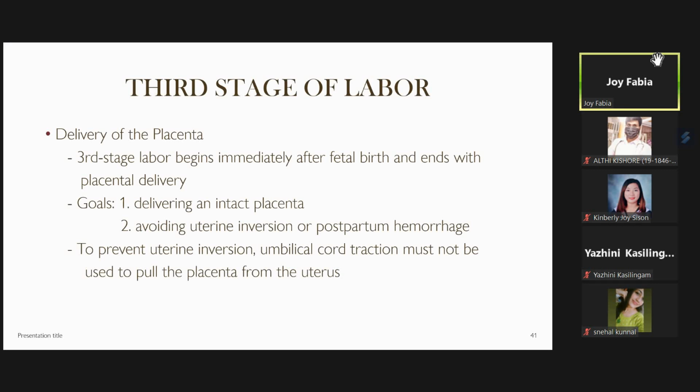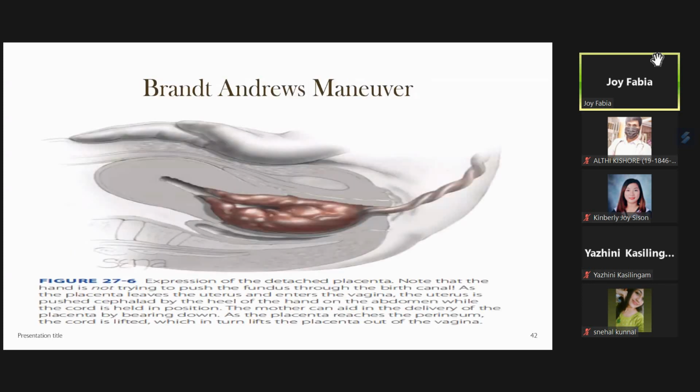So in order to prevent uterine inversion, we must not pull the placenta from the uterus with umbilical cord traction alone. We should not pull too much. We can pull a little, but with support. The support that I'm mentioning is actually the Brandt-Andrews maneuver. The Brandt-Andrews maneuver is the expression of the detached placenta in which the hand is not trying to push